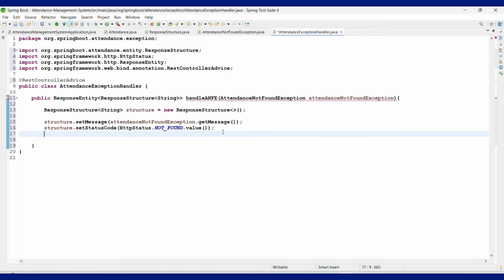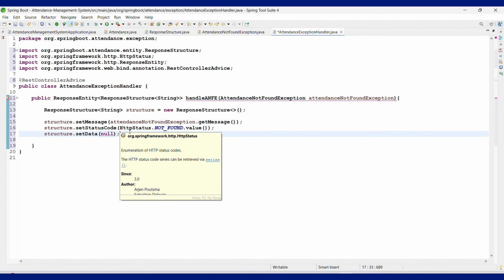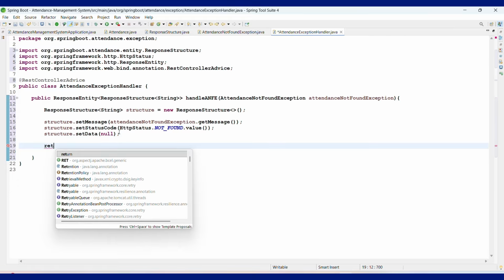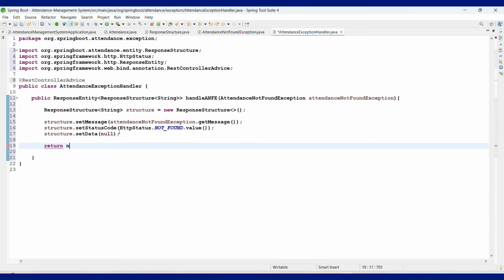When it's not found, that means we are not getting any data. So that's why structure dot setData null. Because when the exception occurs, that means you are not getting any kind of data. So the response is null. After this, return these three values inside of this. So return new